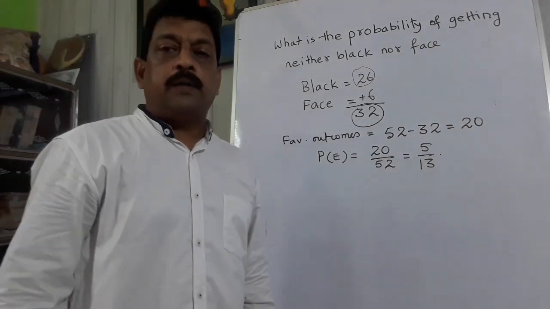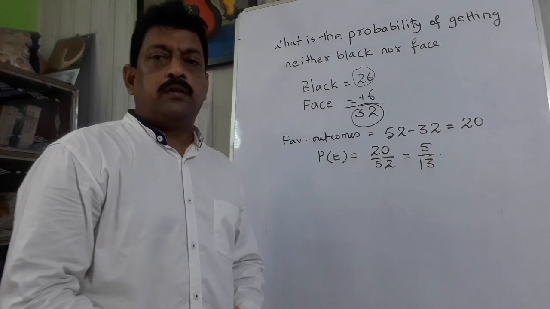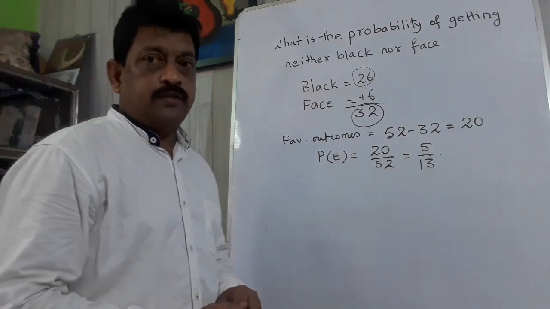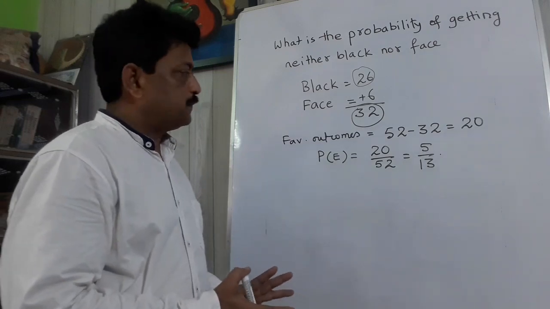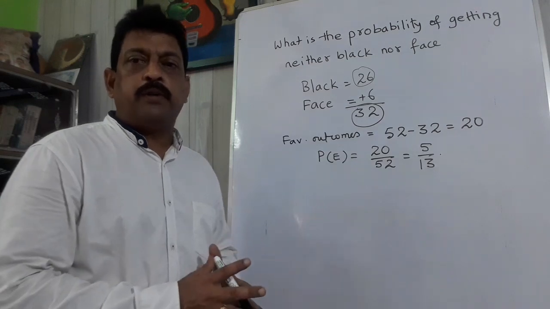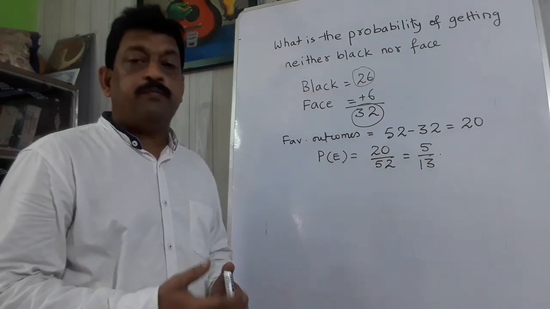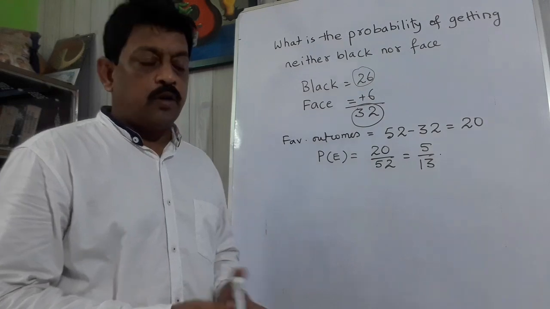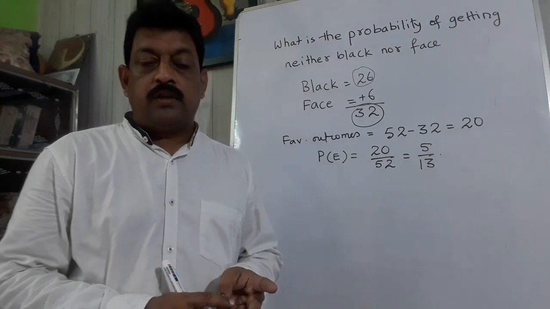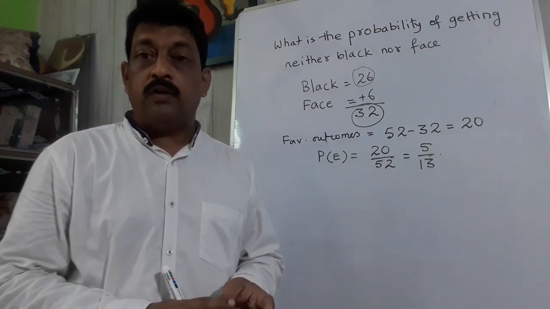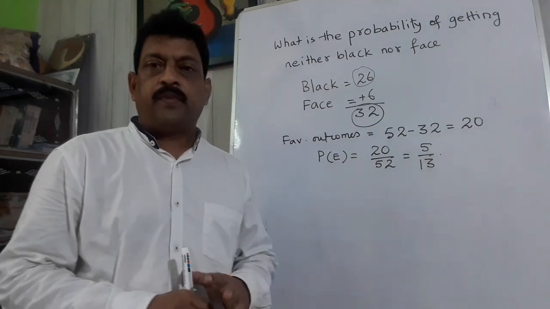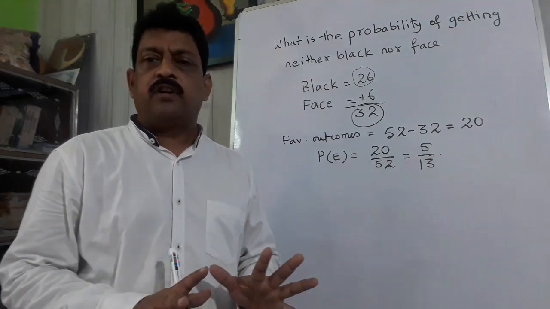So many more different types of question will come from here. You have understood, I think so, how to create questions. You can create questions yourself also. Therefore, this is all for this chapter, probability. In probability, we have learned problems related to number system, problems related to color items, then dice, then 3 coins, 2 coins and 1 coin, and then these playing cards. These are all for class 10.